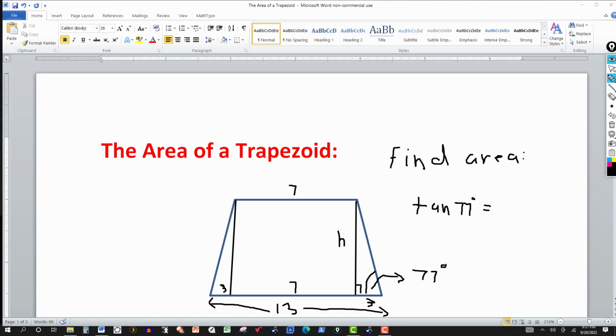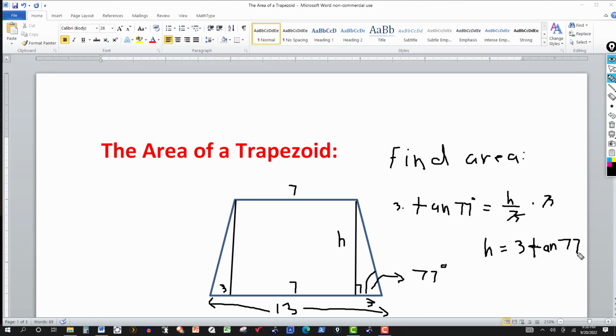So the tangent is the opposite side, which is H, one of the legs of the triangle, over the adjacent side, which is the other leg, 3. Then I multiply through by 3 and solve for H. These will cancel, so H will equal 3 times tangent of